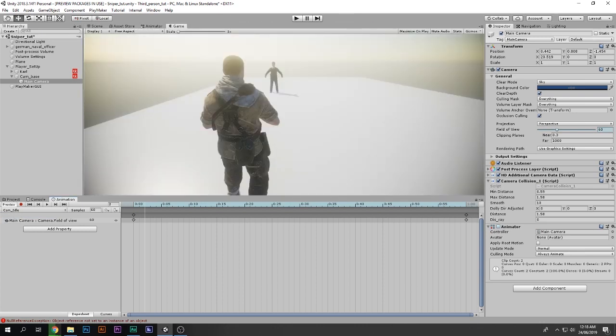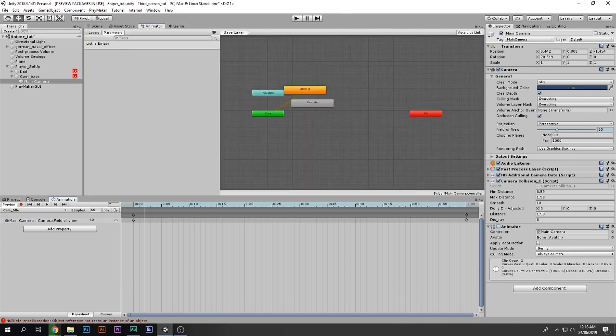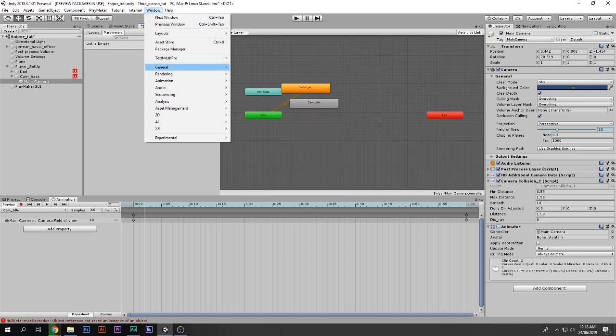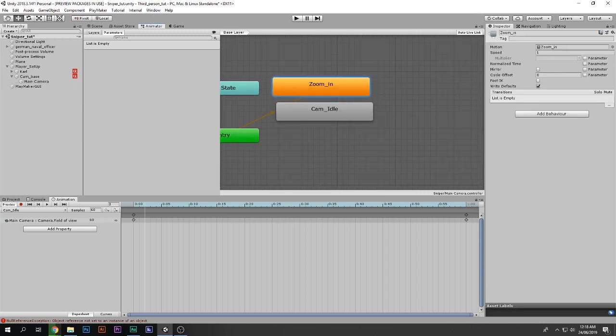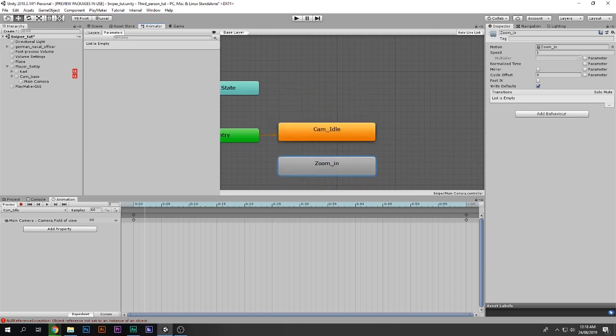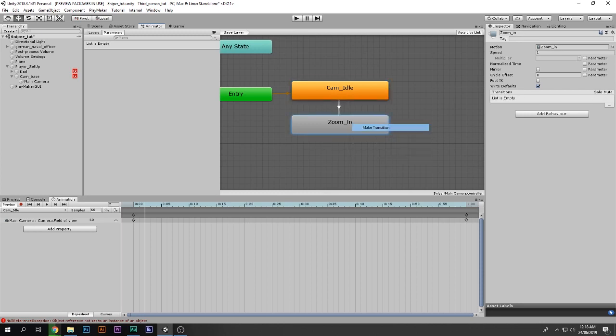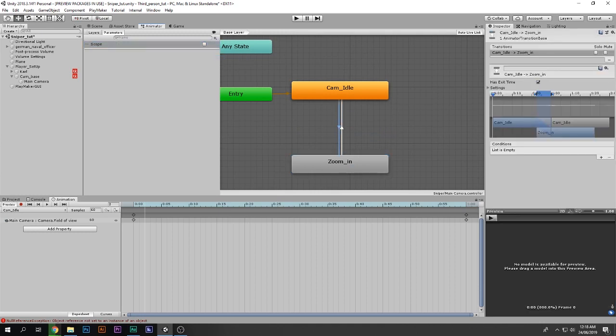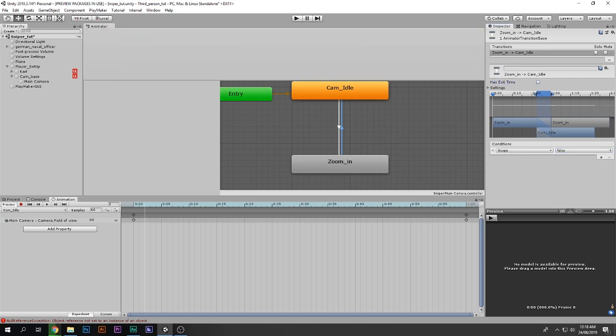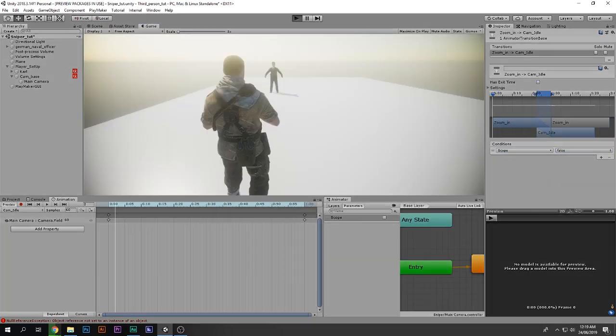Okie dokie. Now how to transition between them: when we select the camera and go to the animator, if you don't see the animator window, go to Window, Animation, and then Animator. There we go, and we have the two animations that we just made, camera zoom in and camera idle. I will make camera idle the default state. Then we will transition between camera idle and camera zoom in, just like that. Make the two transitions from here and there, make a bool called scope. So when scope is true, we go into zoom in, and when scope is false, we go back to idle. Now if I dock the animator over here again and play the game again,